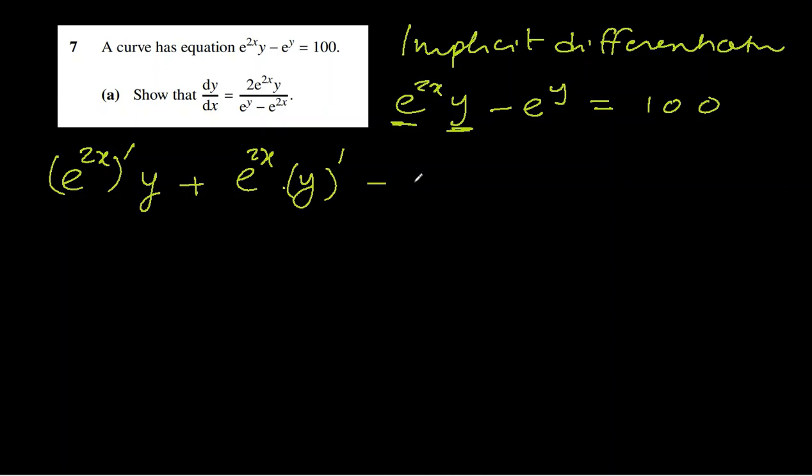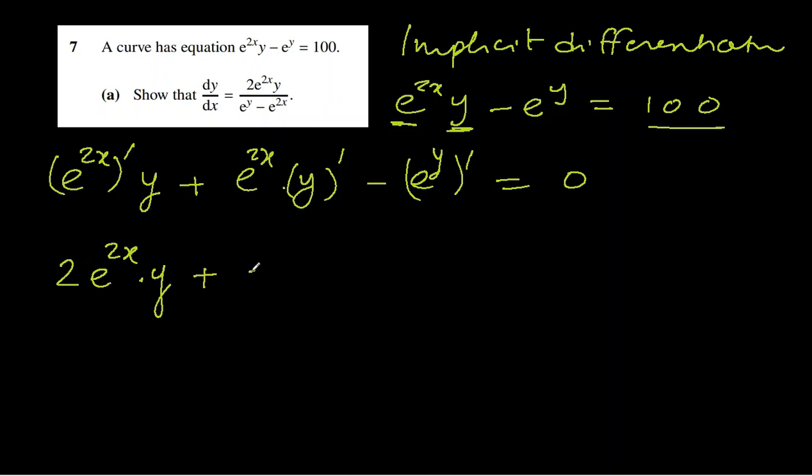This is straight away e to the power y. Differentiate this alone, okay? And differentiation of 100 is 0. Don't keep it inside this. Now, differentiation of e to the power 2x will be 2 e to the power 2x, and we have y untouched, plus e to the power 2x, differentiation of y will be 1, but because it's y, we will write dy over dx,